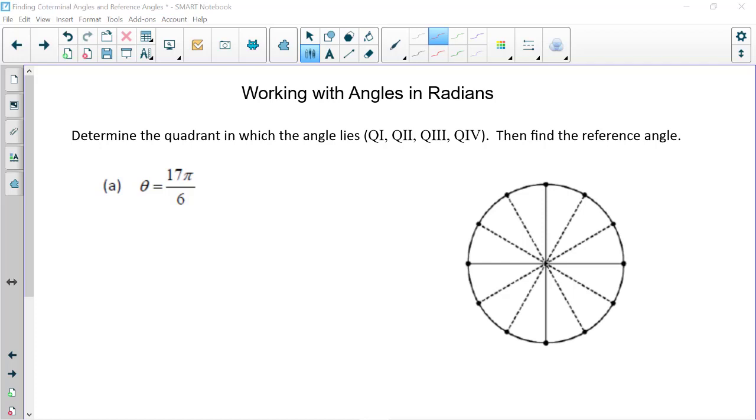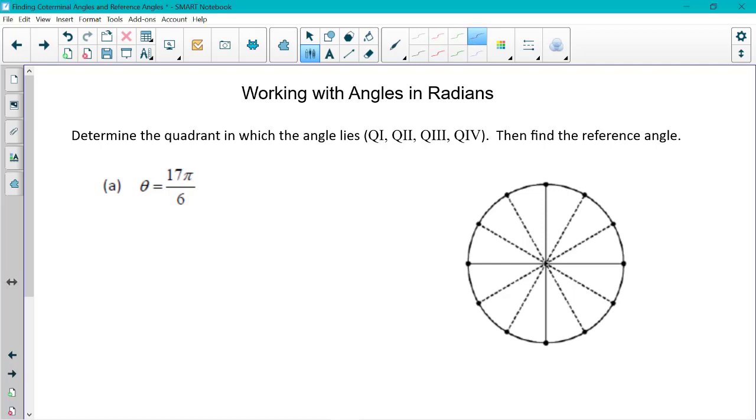Okay, so let's do a little bit more work with radians, specifically finding the least positive coterminal angle and reference angle. All right, so we need to determine the quadrant in which the terminal side of our angle lies. Well, with degrees, we looked at, is there more than one full rotation? Well, how do you determine that with radians? Well, let's think about it. One full rotation is 2 pi radians, which is how many pi over 6